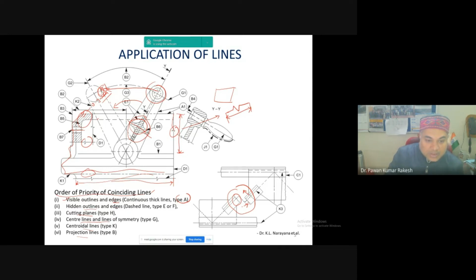Then the hidden outlines and edges. Second, the hidden part is there. Then you have to follow the type F line. The third is the cutting plane. If you want to show these types of cutting plane, in that case you have to use the type H line. Center lines and line of symmetry, type G. Central lines type K, and projection lines type P. So this is the order of priority. So in the next,